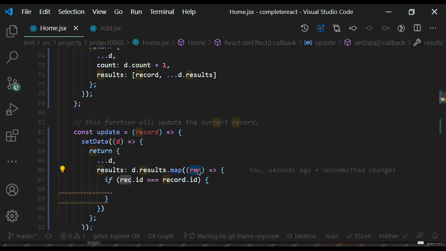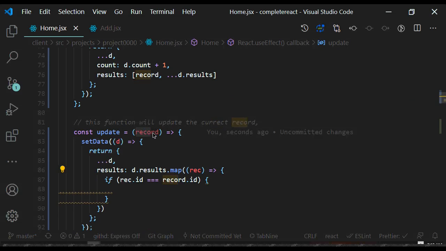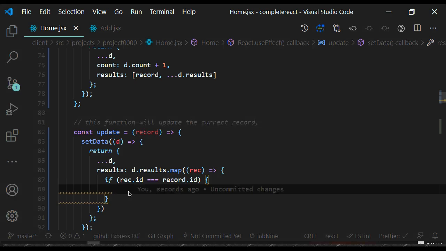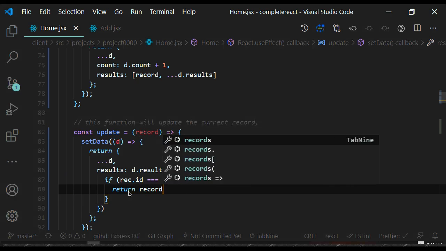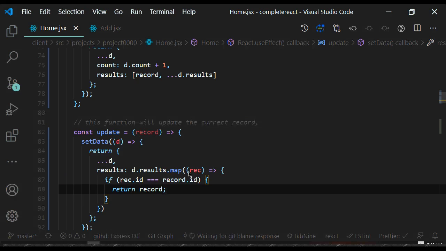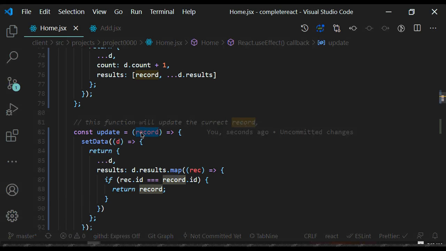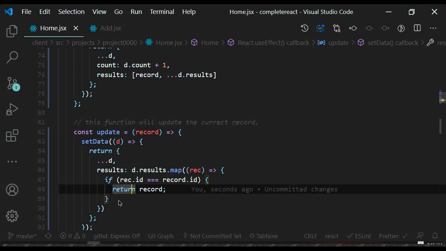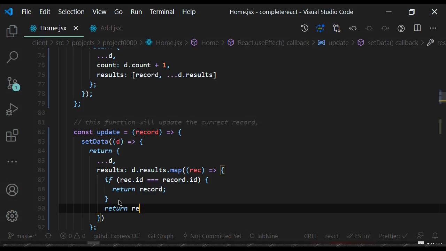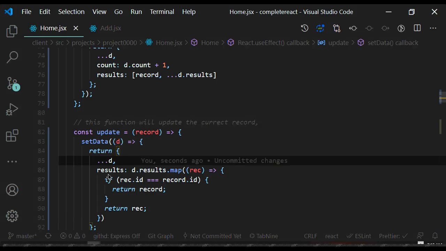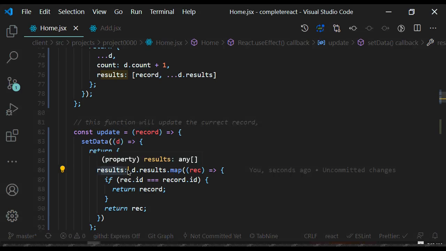So if any of the records is matching with this record, so the ID will be the same, then I'll return the record. If they are matching, I will not take this record, I will take this record. And if it is not matching, then I will return the record. So results will get